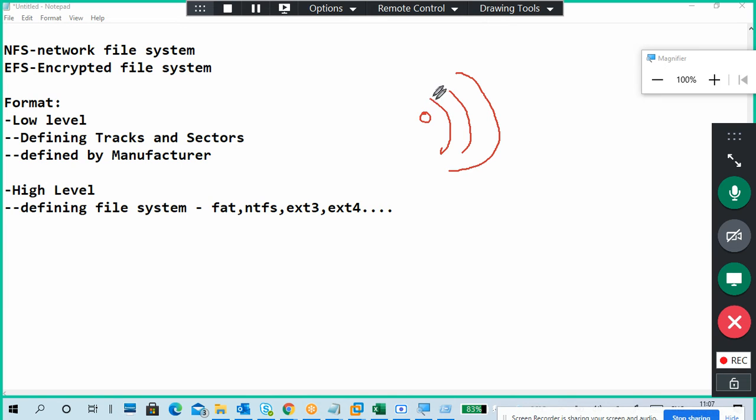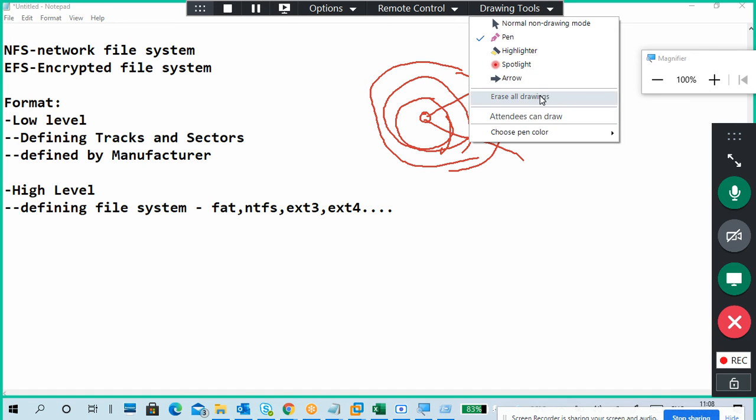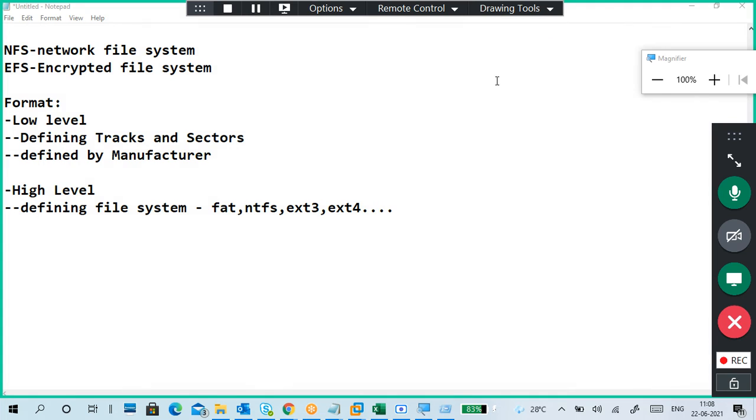These lines are called tracks, and in some diagrams it will show like this. This is a sector. Track means very simple: a magnetic line, usually in round shape, again like this, again like this. It will go up. Each is a magnetic line, right?